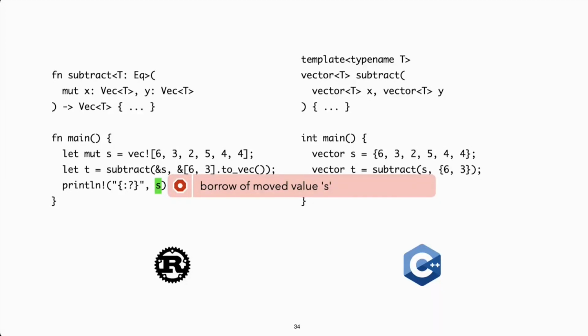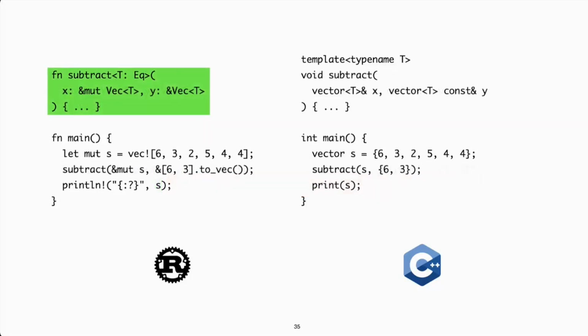Well, actually, Rust might be better known for its borrow mechanism than for the linearity of its objects. A borrow in Rust is equivalent to a reference in C++, but it comes with much stronger guarantees. To understand, let's have a look at the version of subtract that got us into trouble, the version that had all the references. So in Rust, it looks like that. The &mut denotes a mutable borrow, while the & alone denotes an immutable borrow.